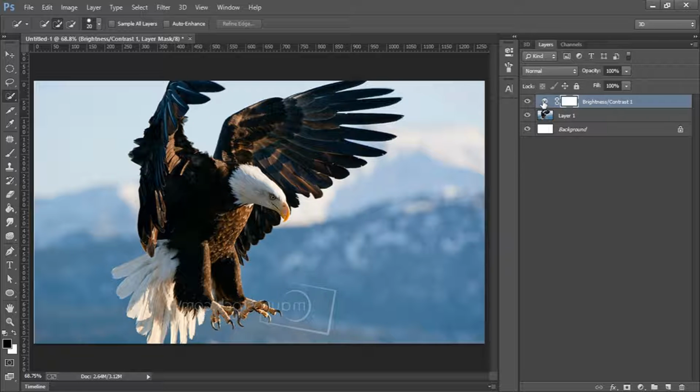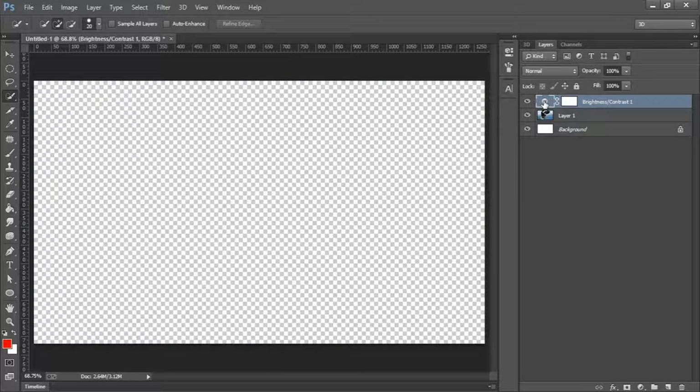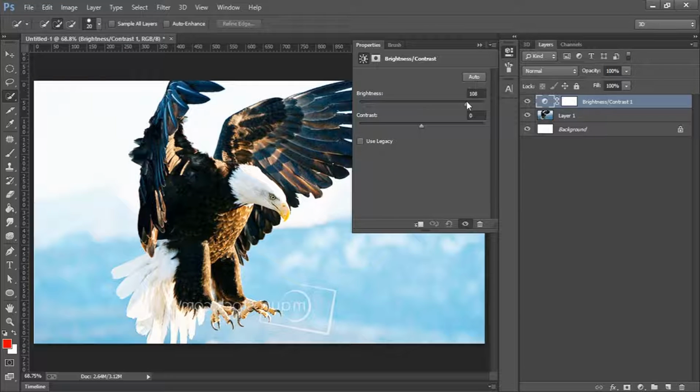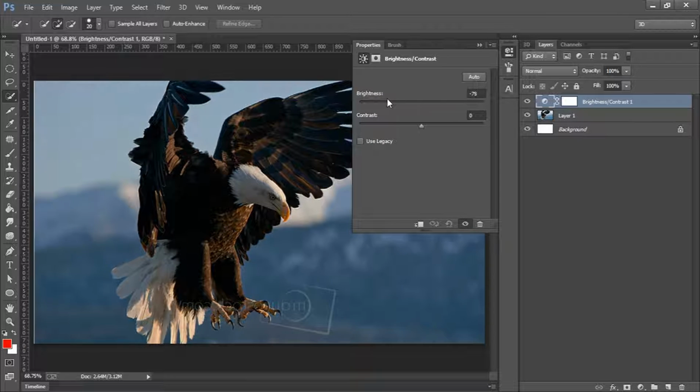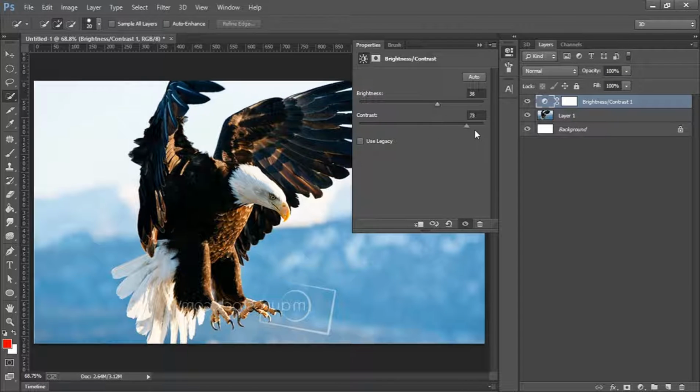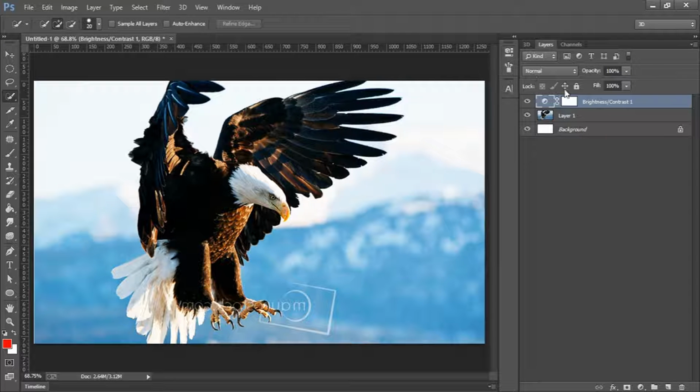So for the brightness, if I double click on this part, you notice that we could increase the brightness here. We could make it darker. We could increase the contrast too. So basically you have two options you could work with. It's very simple. So let me delete